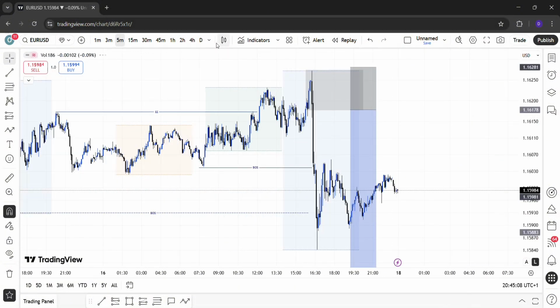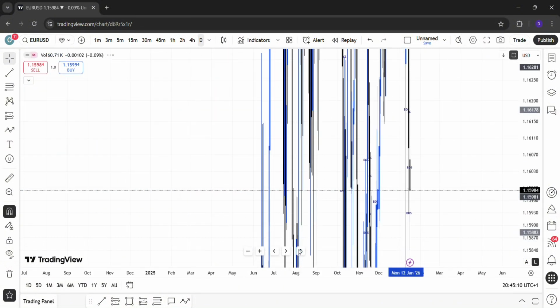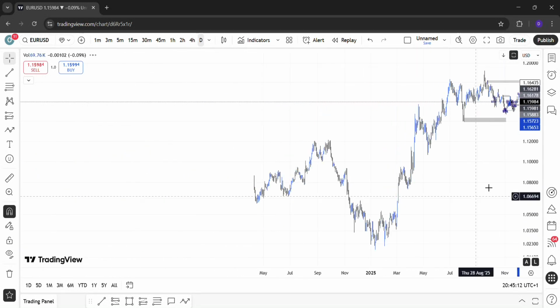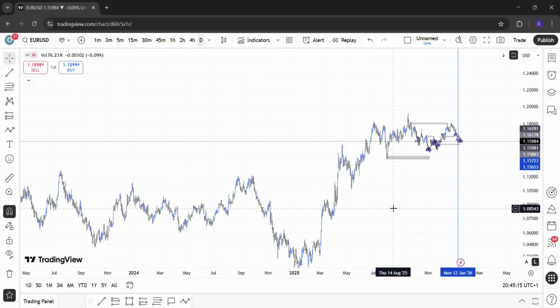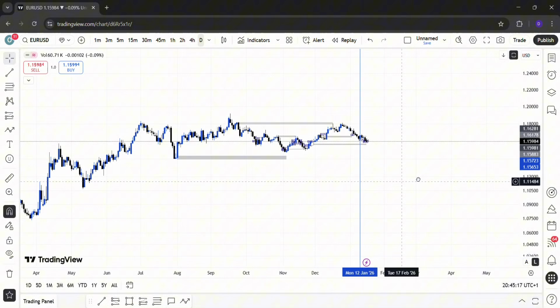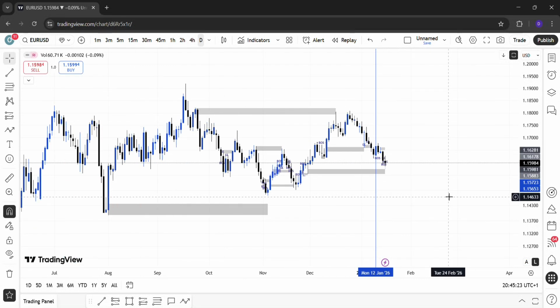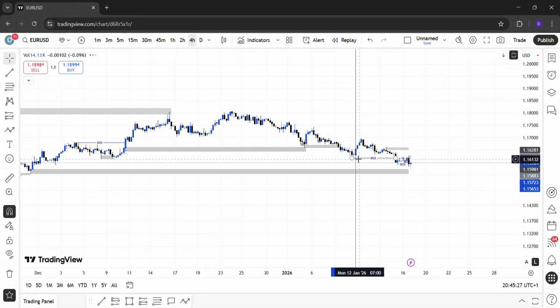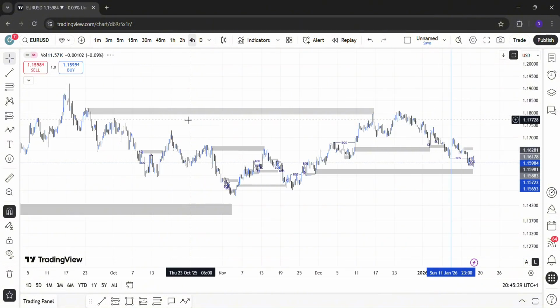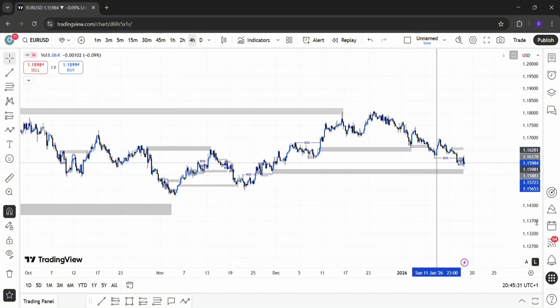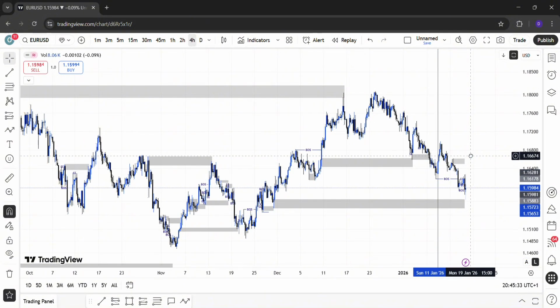Euro USD. So let's go to the daily time frame to see what price action is like. All right, so Euro USD is bullish. You can see already higher highs, higher lows, all that good stuff. But this is where things get interesting. 4-hour time frame, we had a supply zone here that caused a shift to the downside, but price is